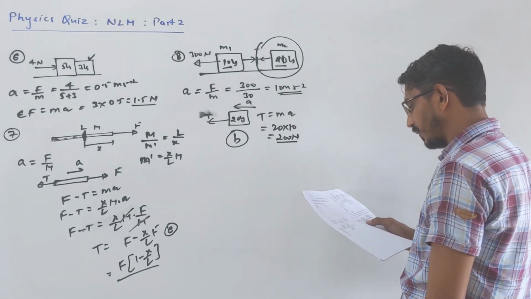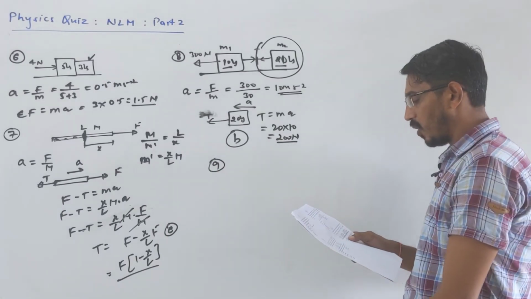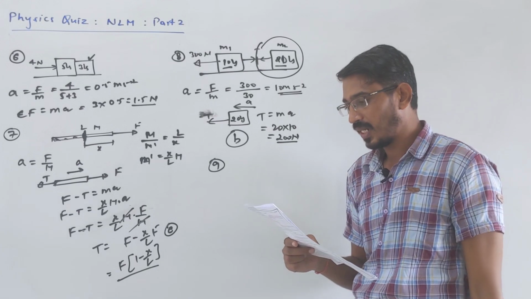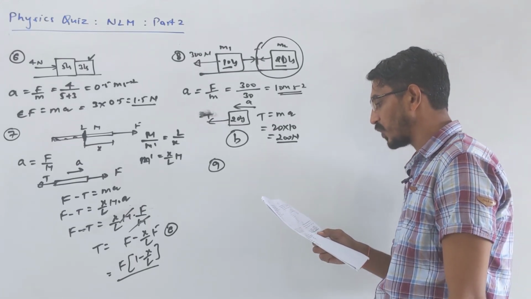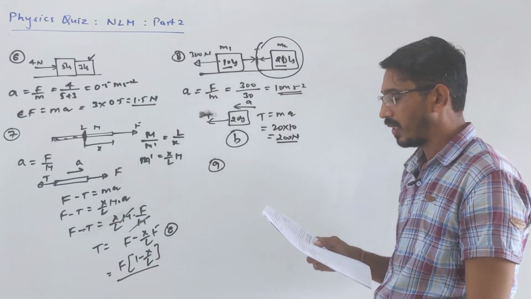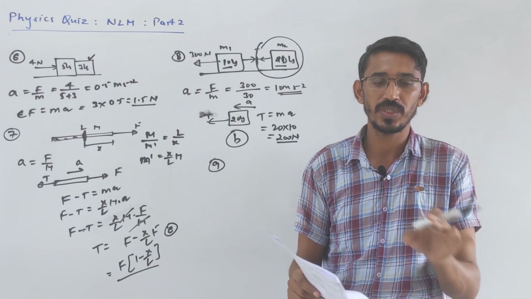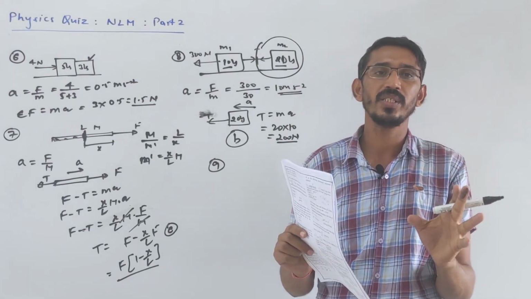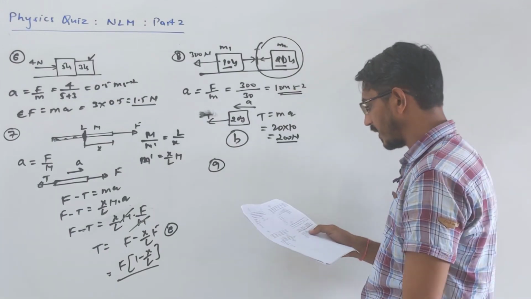Okay, let's move on. Then the problem number we're talking about is the 9th problem. Three blocks are given, 1 kg, 2 kg and 3 kg, placed in contact as shown in the figure, and a force of 12 Newton is applied. The contact force between mass M2 is what? Listen carefully, you should not confuse between two questions. When they ask what is the contact force, it means the reaction between two blocks, and when they are asking what is the net force on that block, they are asking MA. So here they are asking contact force.